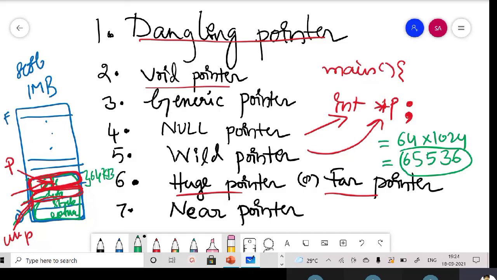At that time they had only 1 MB of memory, so memory was the precious thing, and they used these segments. If your pointer is present in the same segment, you call it a near pointer. If it belongs to another segment, you call it a far pointer. Simply, that's it.